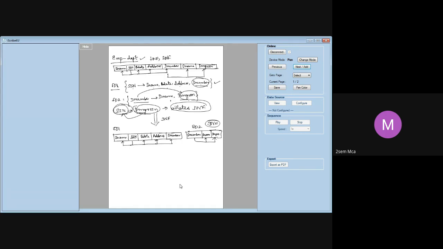One more thing before I proceed. I had shared an assignment in the GCR. Did all of you check that? I think some of you have still not accepted the invite. I'm seeing only around 52 students who have accepted the invite. The rest of you have still not accepted. I don't know the reason for that. But see to it that you are posting all your assignments well within the given deadline.